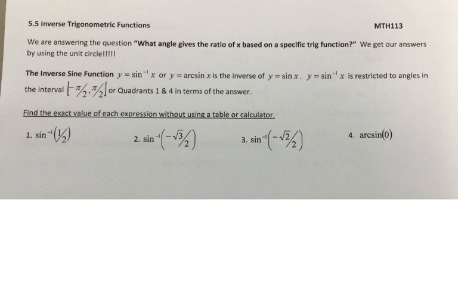So out of my special right triangles, which one has 1 for opposite, 2 for hypotenuse? It's going to be a 30, 60, 90. Where across from the 30 is 1, across from the 60 is radical 3, hypotenuse is 2. So which angle gives an opposite of 1 and a hypotenuse of 2? 30. So from 30 degrees, my opposite is 1, my hypotenuse is 2. So the inverse sine of 1/2 is going to be